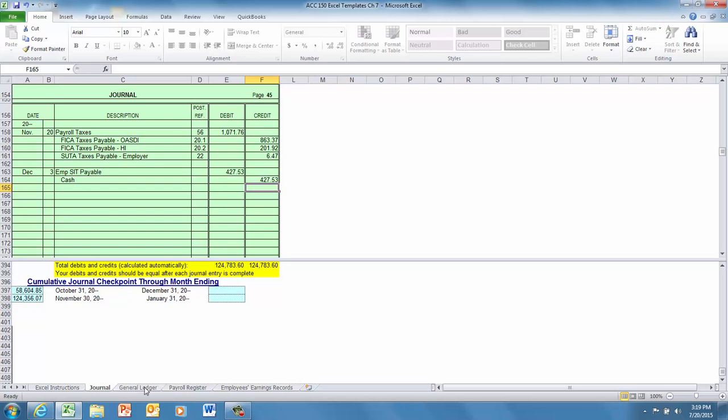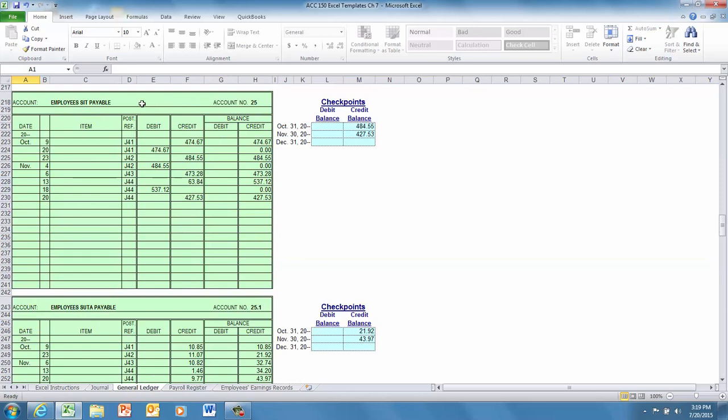So I'm going to go down here to the tab that says General Ledger, and I'm going to find Employees SIT Payable, which was account number 25. And I'm going to go down here. I'm going to put in my month, December. That was 3rd. Of course, we leave the item blank, and we say where did this information come from, which was General Journal page 45, and that was a debit to the SIT payable account. So we put in our debit